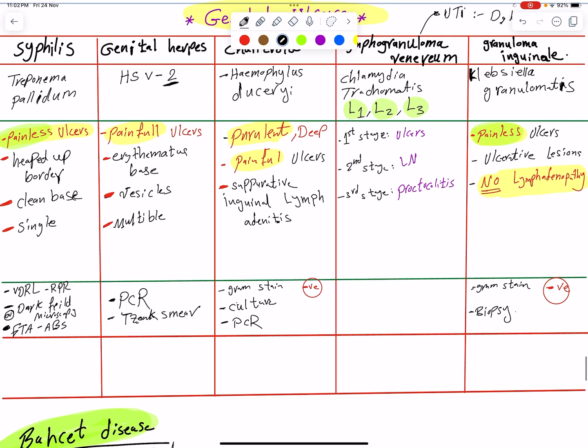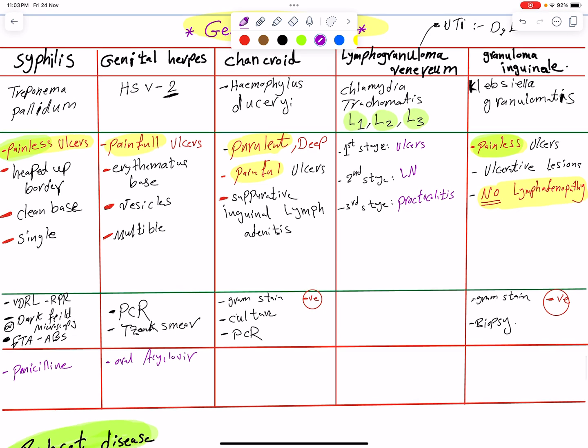For the treatment, syphilis historically responds very well to penicillin, so penicillin. In genital herpes, oral acyclovir. And in chancroid, either